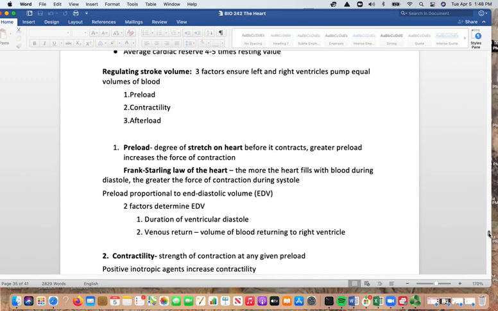Preload is proportional to the end diastolic volume. Things that will affect the end diastolic volume include the duration of ventricular diastole, meaning how long the ventricle relaxes, and the venous return, which is how much blood is brought back to the right ventricle. So when we look at contractility,